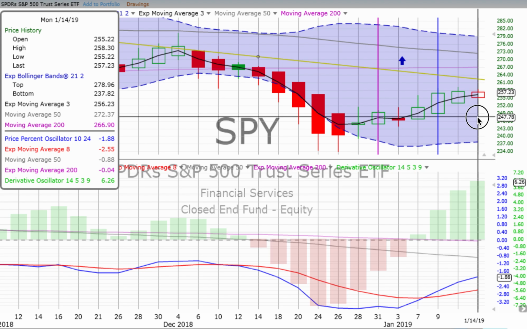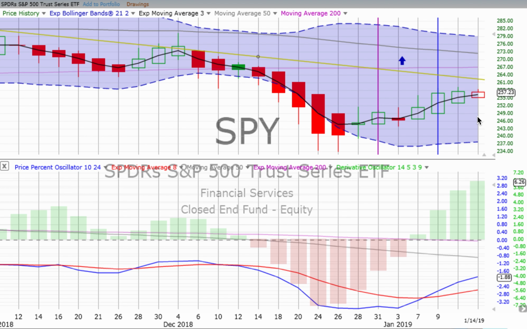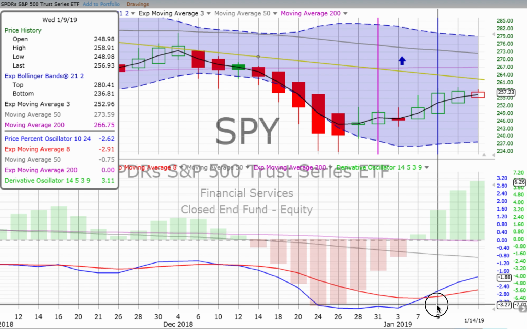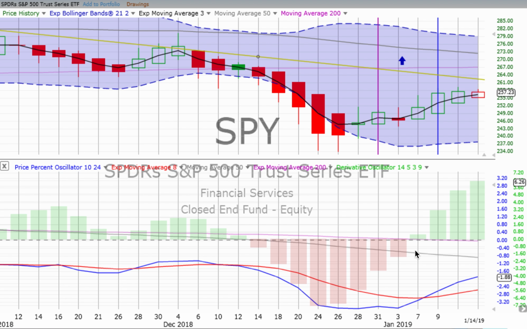So the candle that we have forming so far, which is a red open box candle, showing slowing as far as that up movement goes. It's showing us, of course, this is just the first day of the latest 2-day candle, still below the weekly trend line. The 2-day chart is in a confirmed up move since we had a crossover going up back on the 9th. Derivative oscillator gaining upward momentum. Price percent oscillator still heading up.